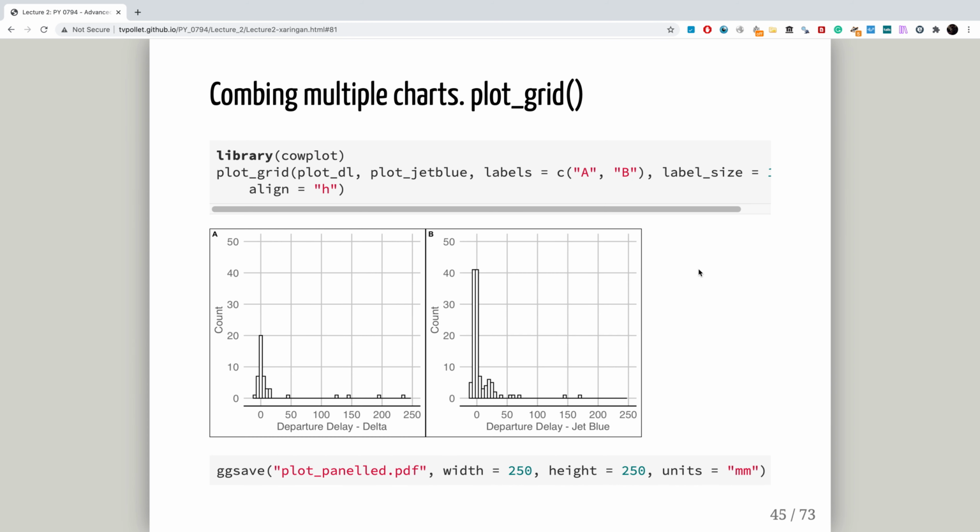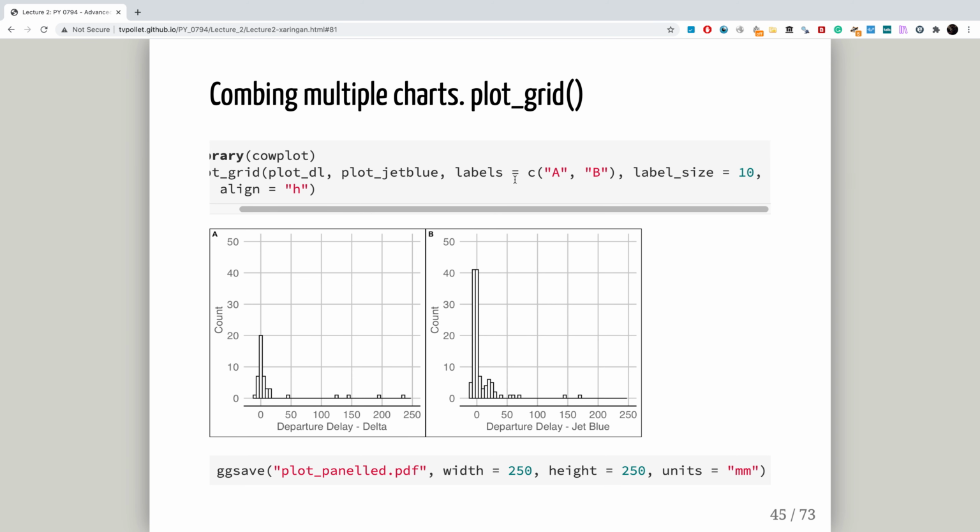Now we can also combine multiple charts together. In this case, we use plot_grid. This is what we call a cowplot. And in this case, we've taken both the Delta Airlines plot and the JetBlue plot, and we've put them next to each other. And we've put labels of A and B, so you can see A and B. We've set how big those labels would be and whether they would be aligned horizontally or vertically. In this case, it will also save this plot in